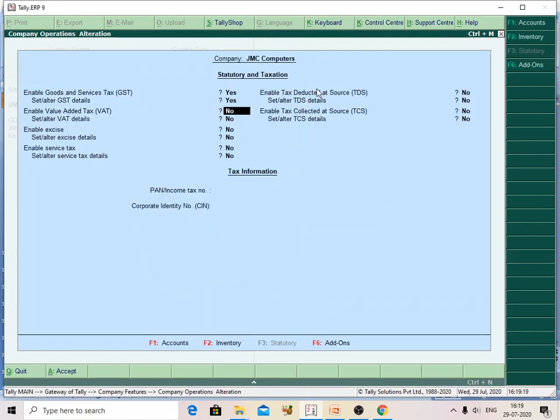So like that I am defining the tax rate at the highest level. The highest level is the company. The company is the entity under which I assign the tax rate. The tax rate is 18%. So this is the one step to assign the tax rate at company level.